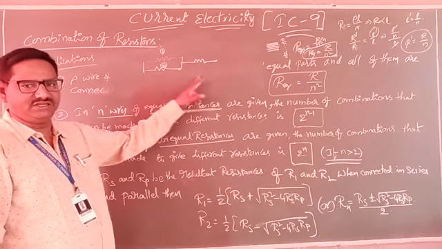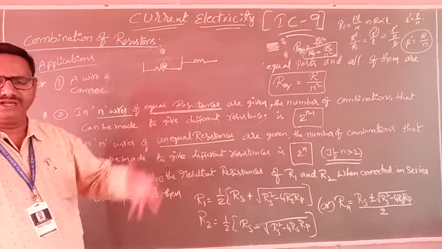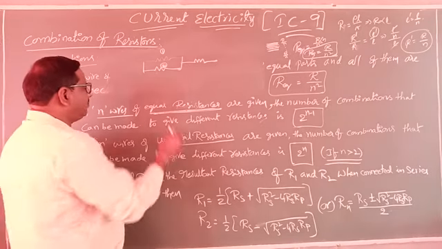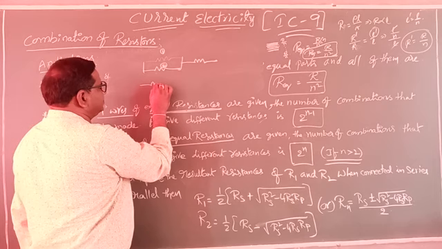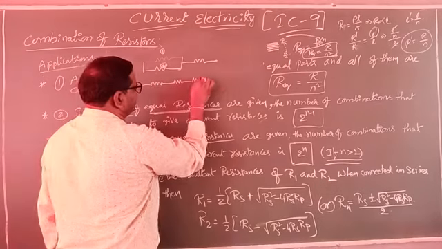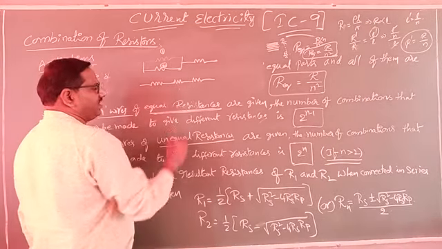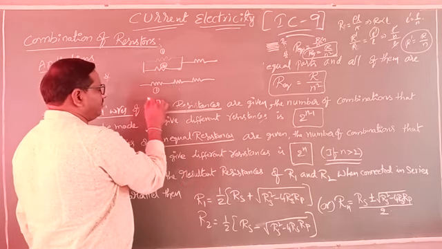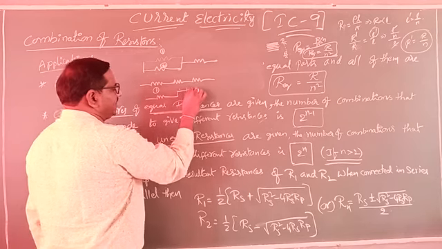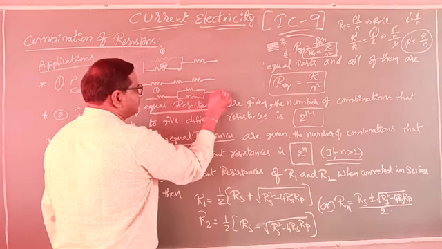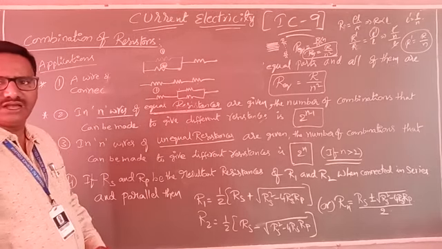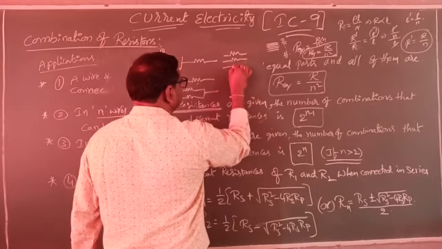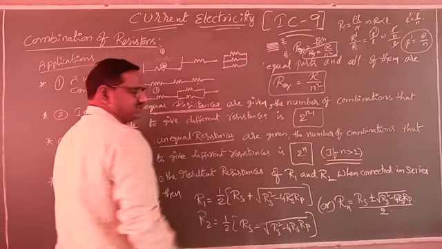This is called combinations. How many types of combinations can you arrange? Understand? For example, this is the first combination: 3 wires, the first wire, second wire, third wire. The second combination: this is the first wire, and the second and third wires I will arrange in parallel like this. Understand? These are all called combinations.